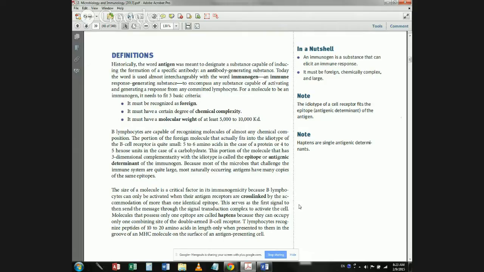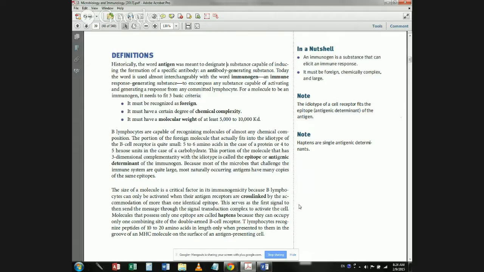All right. So the size of a molecule is a critical factor in its immunogenicity because B lymphocytes can only be activated when their antigen receptors are cross-linked by the accommodation of more than one identical epitope. Why is the molecular size critical? Because the B lymphocytes will only be activated when their antigen receptors are cross-linked by more than one identical epitope. So you don't just need one epitope, you need at least two. And only once the B lymphocyte has bound two, only then will the B lymphocyte become activated, meaning the IgM and IgD will activate